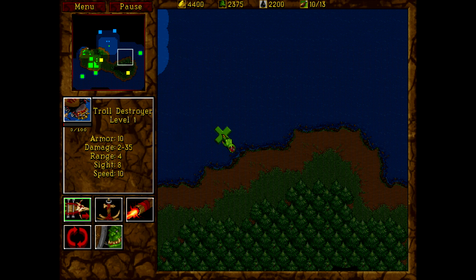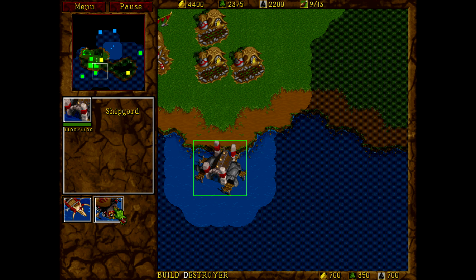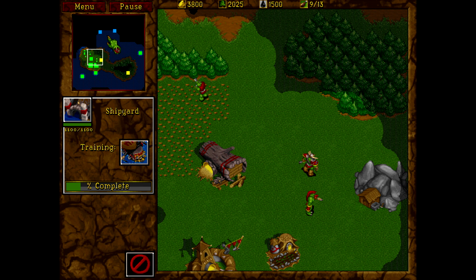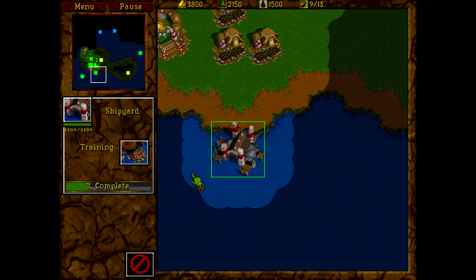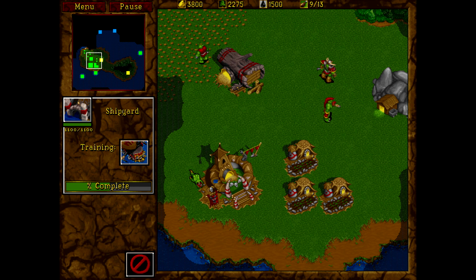Okay, let's just run away, if we can. Actually, let's try to run around here. Okay, so this is slightly more difficult than I thought it would be. Now I've lost my destroyer here, but that's okay. I can build more of those, and apparently